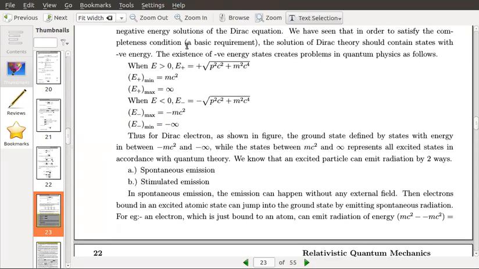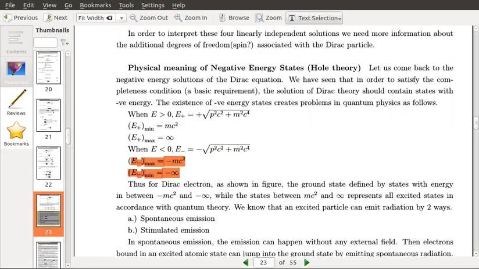Okay, now if you draw this as 4 stages for Dirac electron, I will draw the diagram. The ground state is defined by this negative energy states, you can call it as ground state energy. So let me draw that diagram. See, so here we have, let me draw this 4 stages.